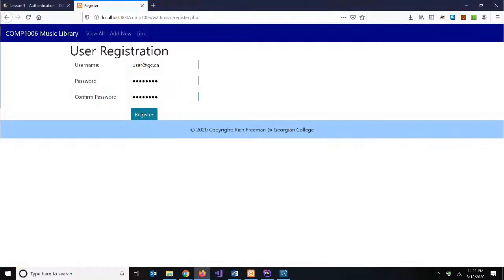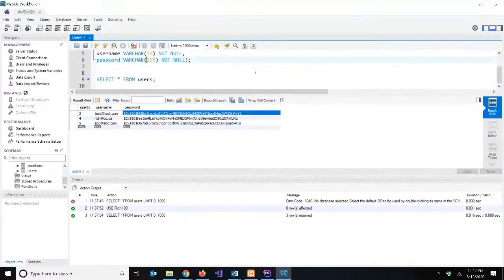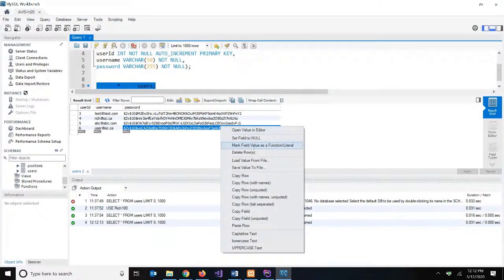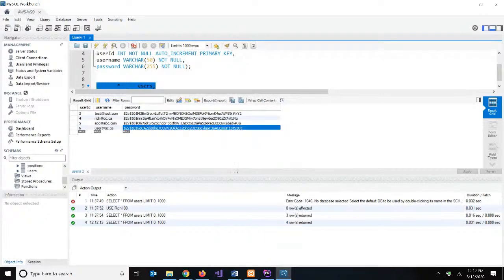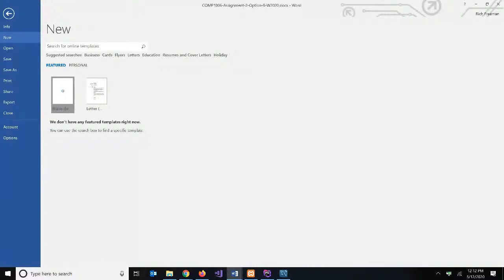So I'll try and sign up here. Okay, so a blank screen is encouraging. That's the proper result. So now I'll go to my database and I'll run a select star from users query. So now I have a user 6 with this username, and my password has been hashed. Now I know it's hard for you to see these values. But if you look in your table,